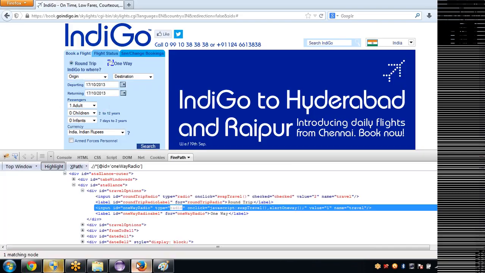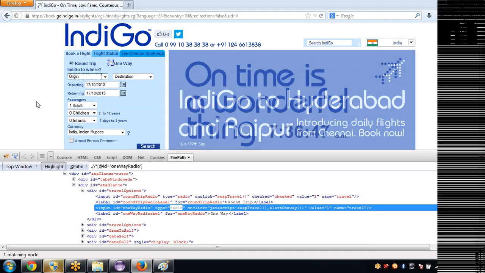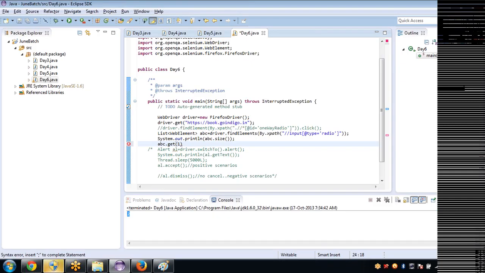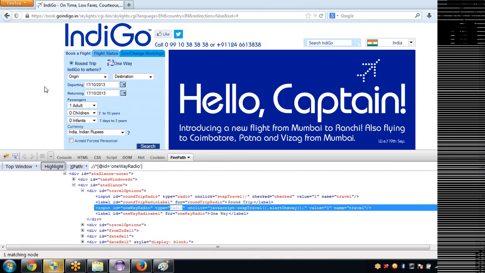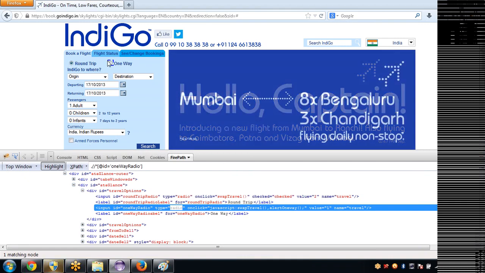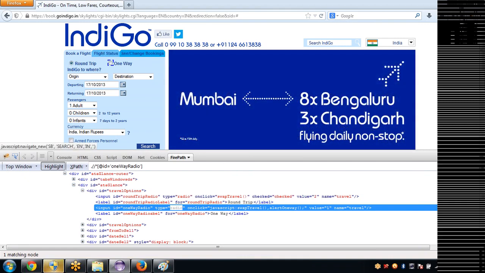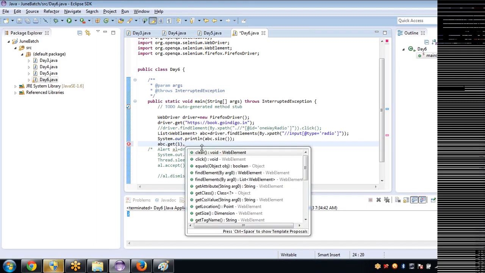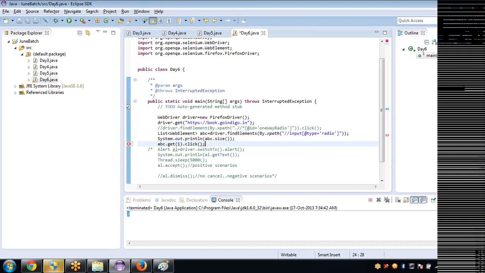That means in practical terms, Selenium will move the mouse to here, because we are saying ABC dot get 1. Get 0 means the mouse will move here, because in the list this is stored in the 0th place, and this is stored in the first place. Fine. If I say ABC dot get of 1, my mouse will move here. Then after that it's normal, dot click, and that will be clicked.